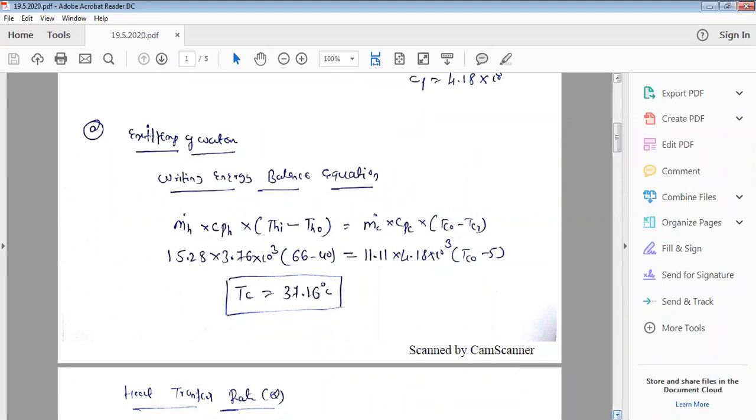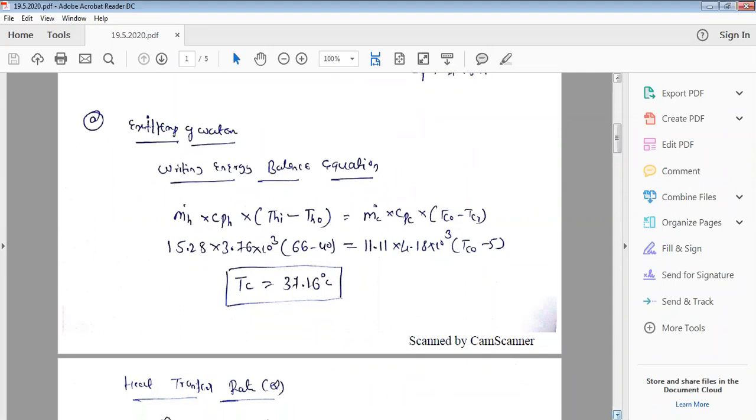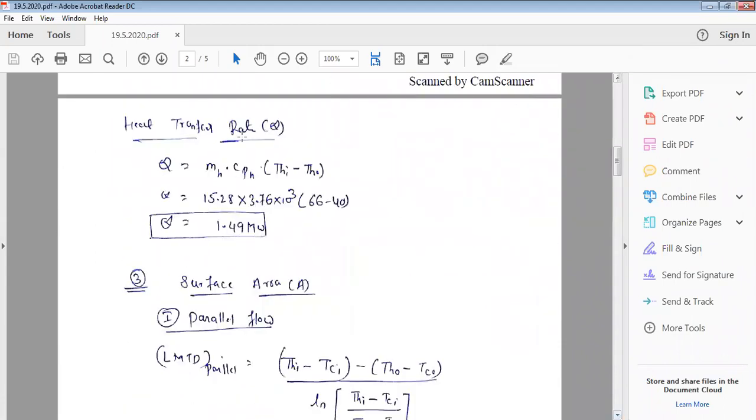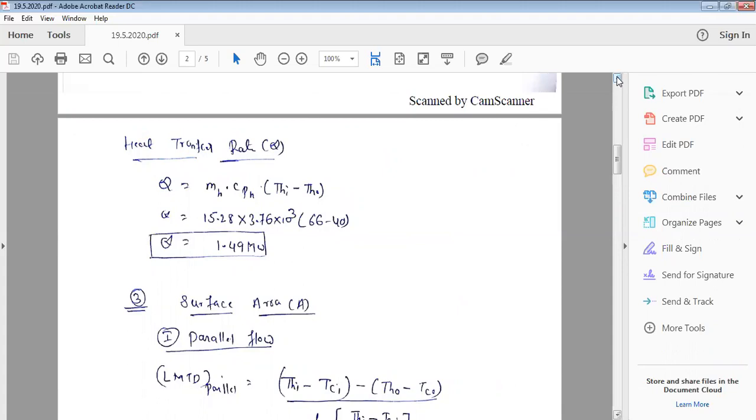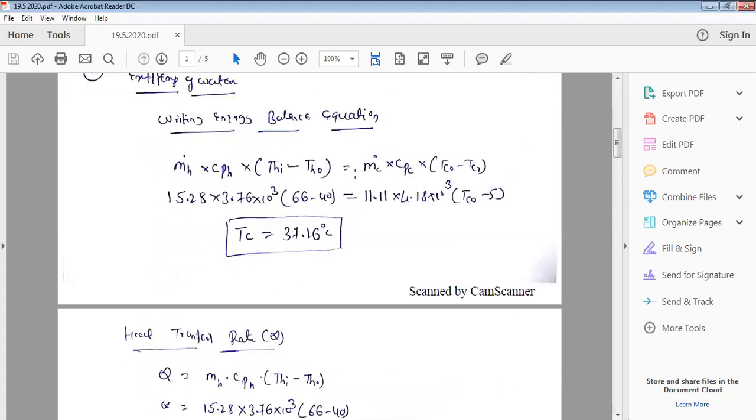Next, they are asking for the heat transfer rate, that is Q. How best can we calculate it? Now see, Q is equal to the amount of heat transfer. I have taken the hot fluid and written the equation for the hot fluid. Some people may ask, sir, why can't we use the same equation for the cold fluid, with mass flow rate of cold fluid, specific heat and temperature difference? Why can't I take this equation? Some people may ask, this is also equal to Q, no sir, why can't you use it?